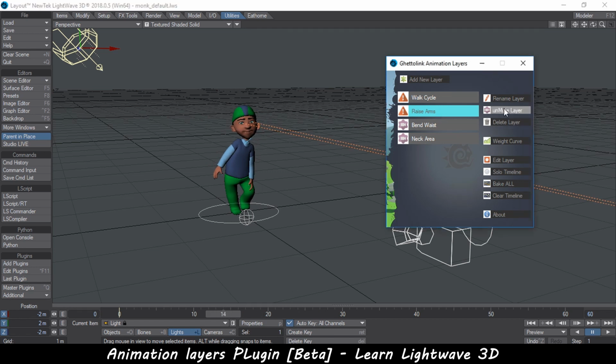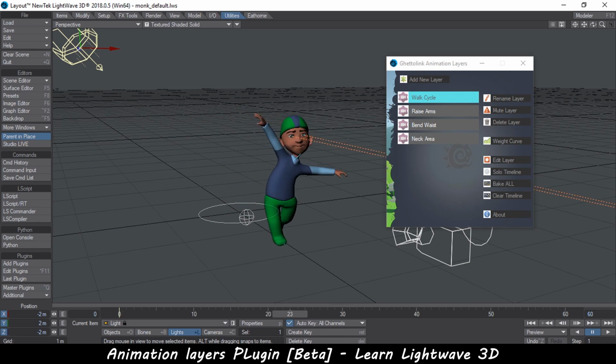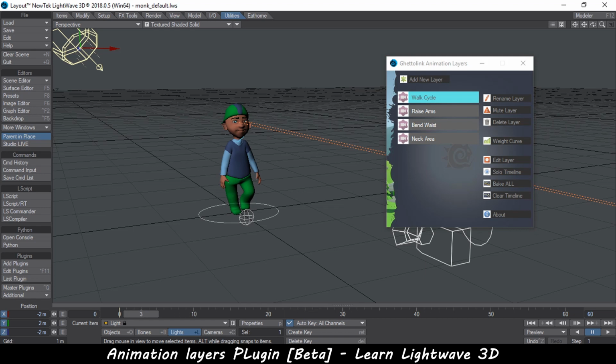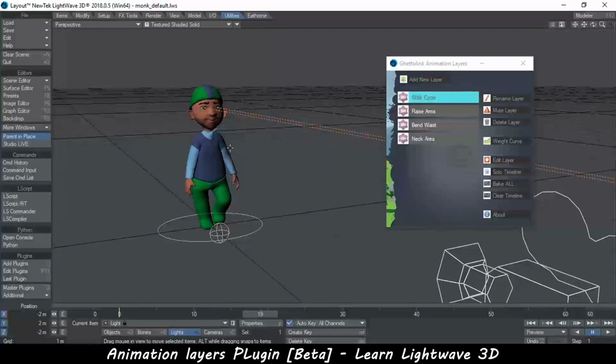Okay, so let me unmute this one, and I'll get all the motion back. Or I could solo a layer like that, solo the timeline, sorry. So in here, only the keyframes in the timeline are going to play. Now, since there are no keyframes, that's why we are having no motion here. But if you have any motion modifiers on the bones, soloing the timeline is a good way to get them